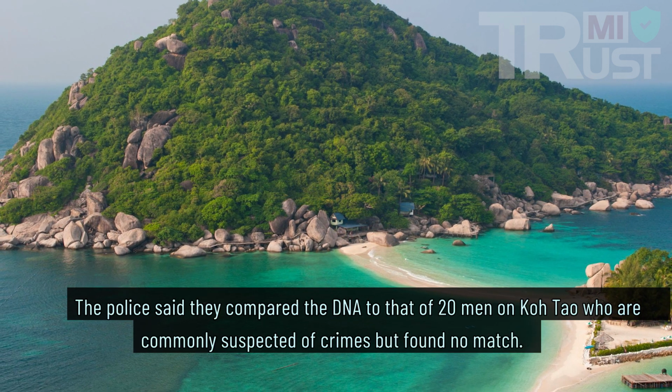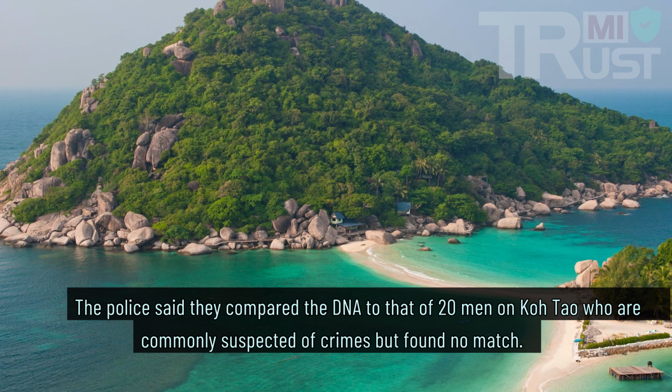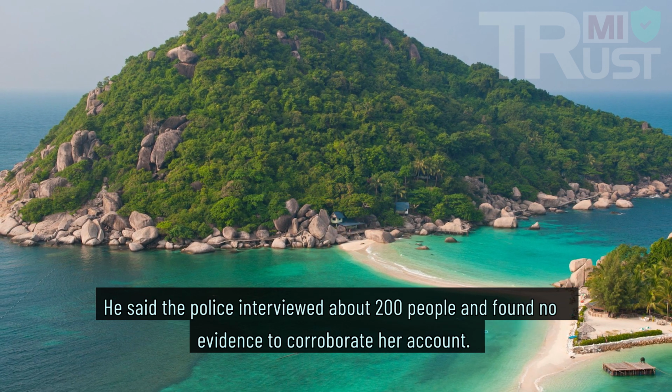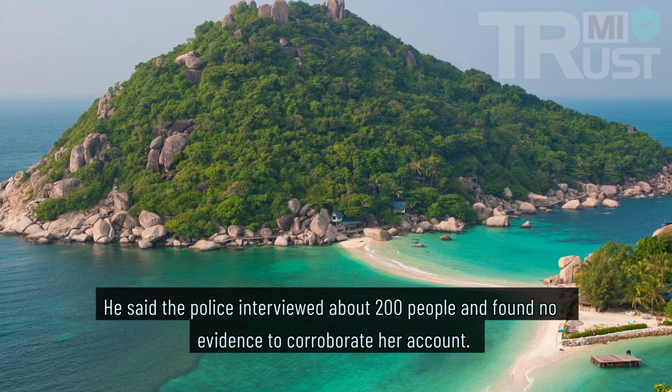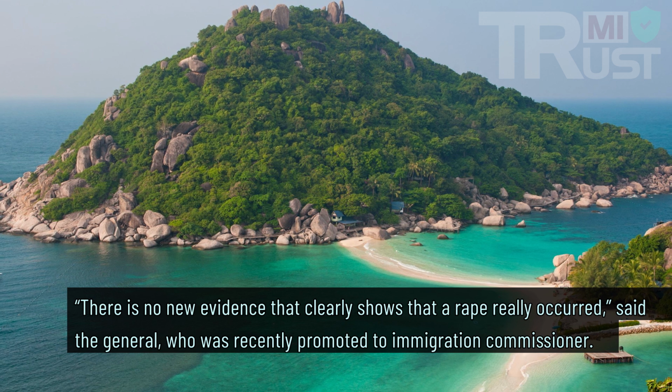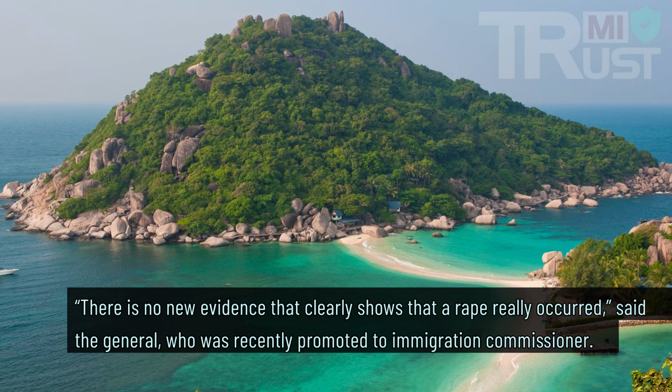The police said they compared the DNA to that of 20 men on Koh Tao who are commonly suspected of crimes but found no match. He said the police interviewed about 200 people and found no evidence to corroborate her account. "There is no new evidence that clearly shows that a rape really occurred," said the general, who was recently promoted